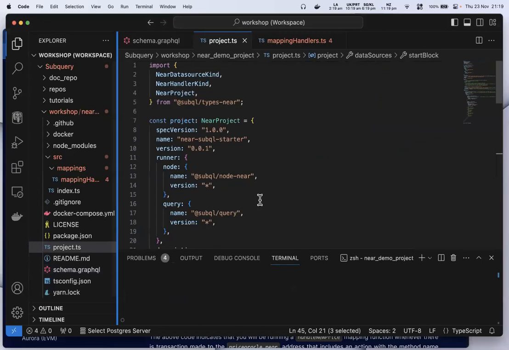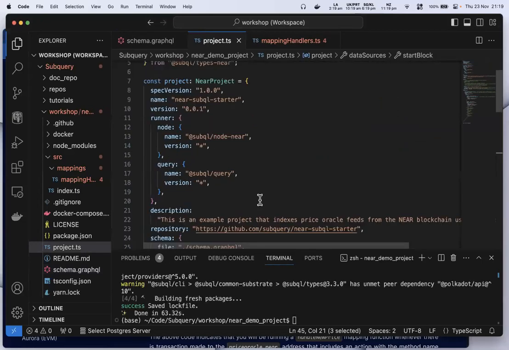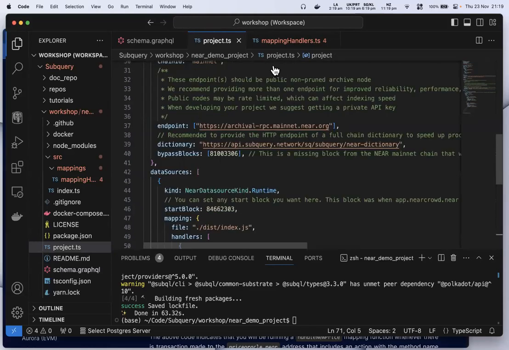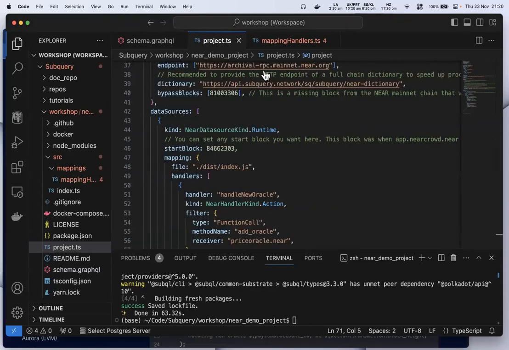I'm going to go ahead and update my map. Just copy this across. So I copy this, go to my mapping handler, select all. I'm just going to do a bunch of functions and types as well.